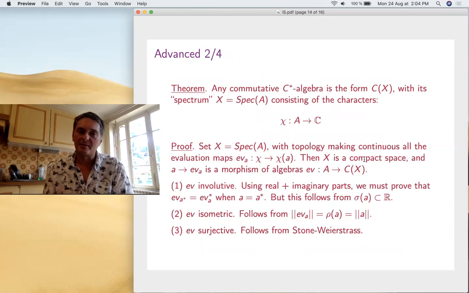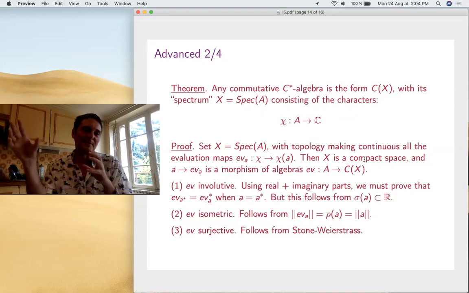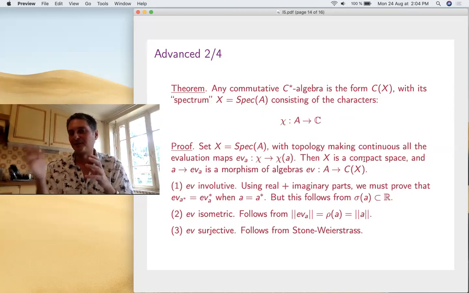And on the converse, which is due to Gelfand, it's a very big result that any commutative C-star algebra is of the form C of X. So let's think a bit, we want to recover X from C of X. That is, you take the characters, I mean the maps which are linear and multiplicative from A to C. And these guys here, well, it's a compact space with this topology. I mean, evaluation maps must be